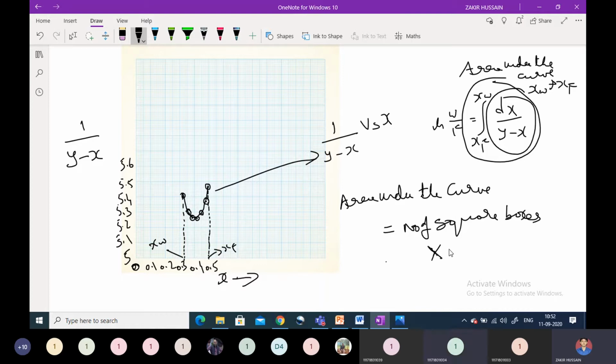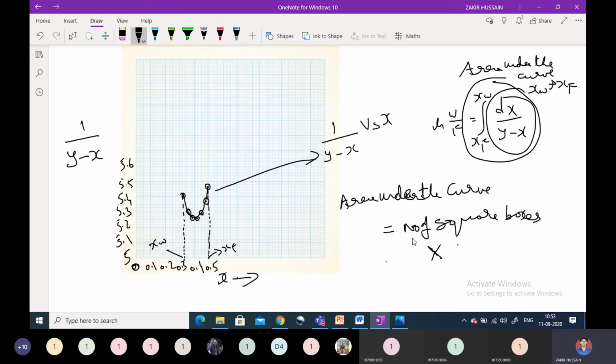Sir, area under the curve, how to calculate? Sir, we never used that number of square boxes, sir. Okay, how do you calculate then? Slope between the points. Okay, tangent. Yes, sir, slope between the points. How do you evaluate the area using slope between the points? Okay, really interesting. Can you teach me afterwards? This one, I never used that one.